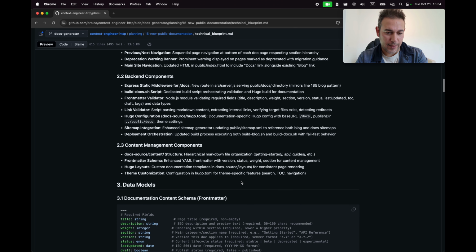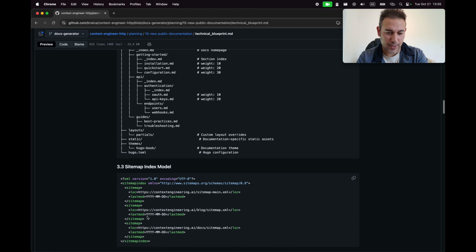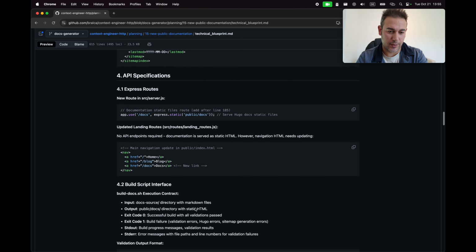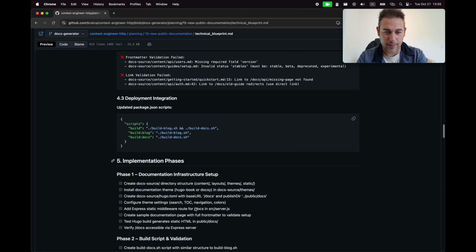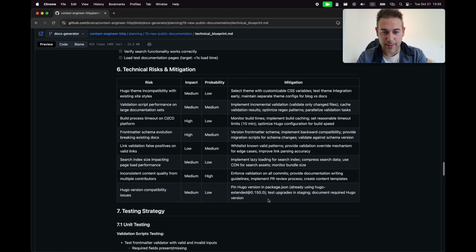And here you will have all the rest of the documents, also the directory structure, how it's going to be done, and the sitemap model, and formatter examples, and all the different phases. What I also like is this technical risk and mitigation plan. So here it identified what are all the different risks of doing this in the current project, and what could be the impact and the probability of it happening, and what are the mitigation strategies that we need to take into account to basically